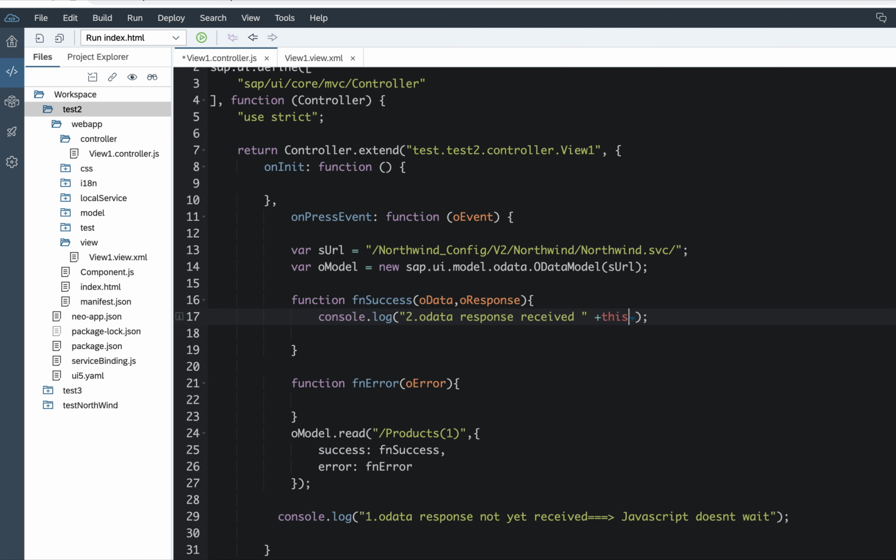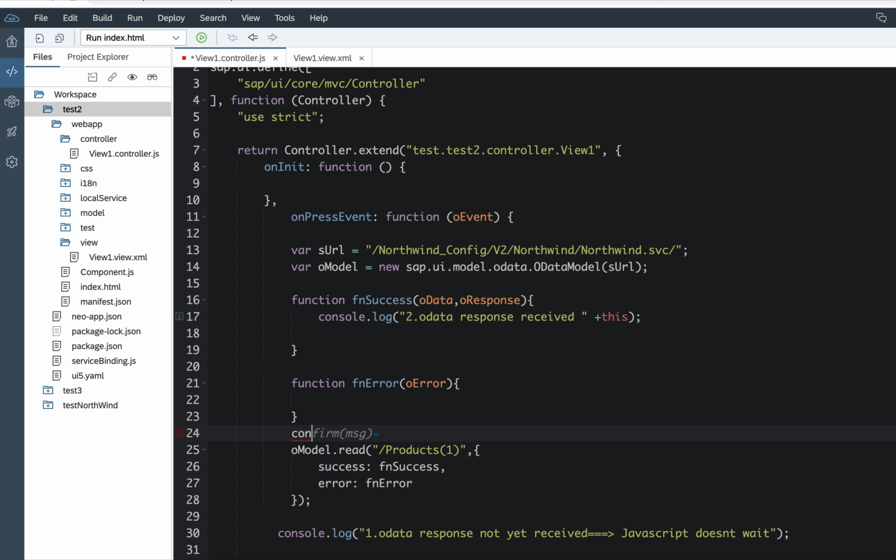So let's see this here, and also let's have a statement, and let's access this object also here. So what I am trying to do is access this object inside my callback functions, and I am also accessing this object just before I have put the OData method call.